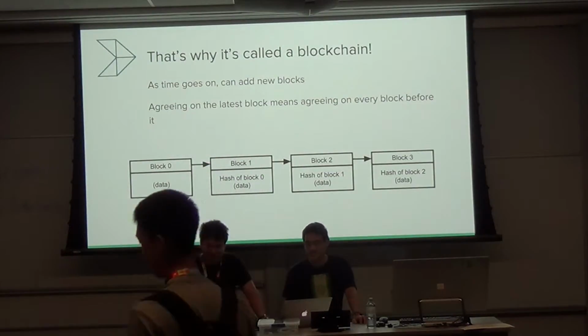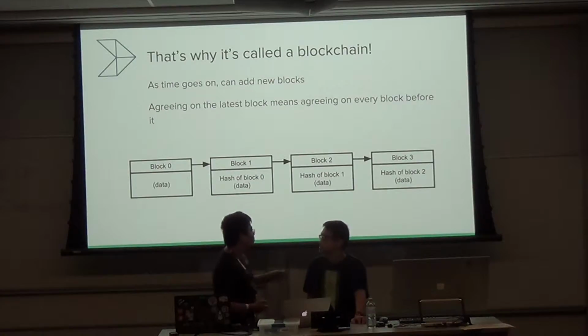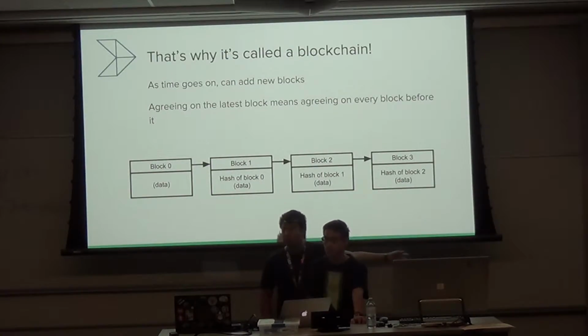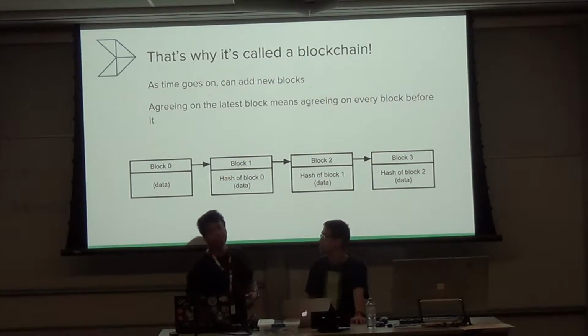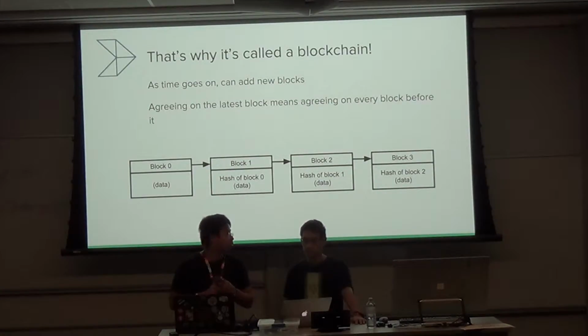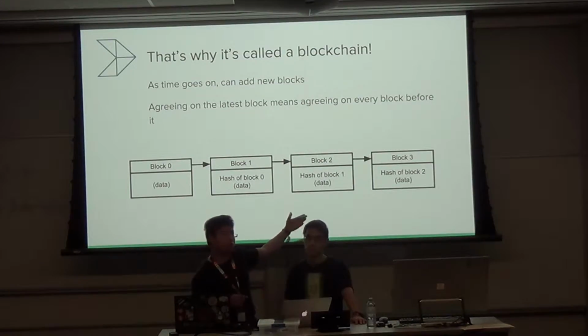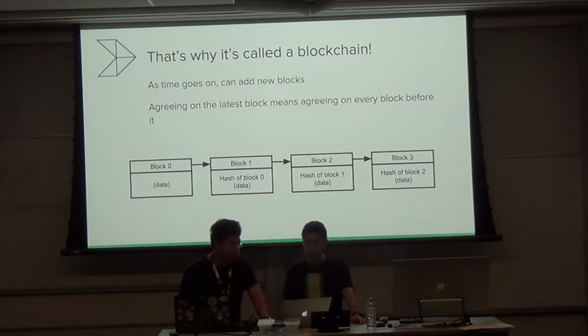Actually, it's not our presentation. The cool thing about this data structure is if you have a big group of people and you all agree on what block 3 is, then you also have to agree on what everything before block 3 is. The properties of the fingerprint, which we didn't discuss, but we can later if you want, ensure that if you change anything before this, and you don't change block 3, it's no longer a valid blockchain. And this makes it really easy to agree on huge chunks of data, like, for example, the entire transaction history of cryptocurrency, or other things that we'll talk about too.